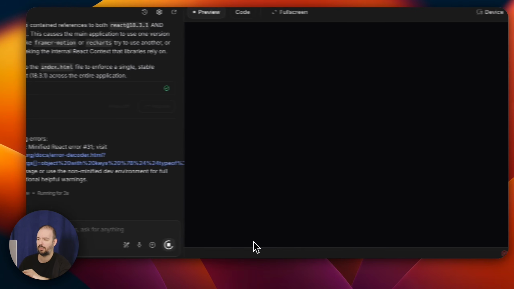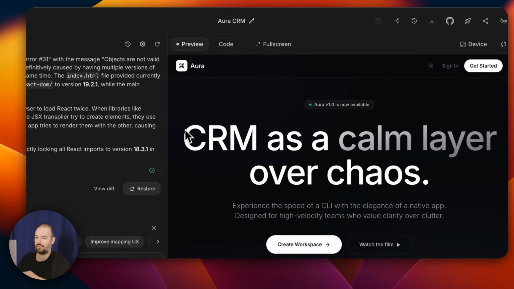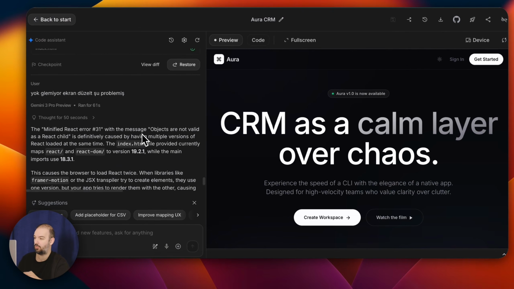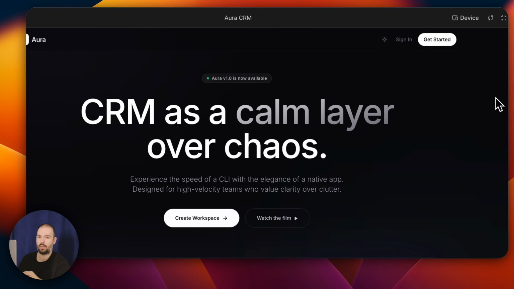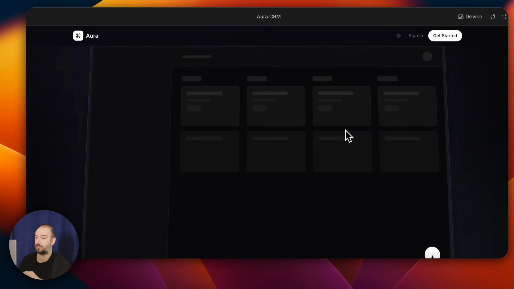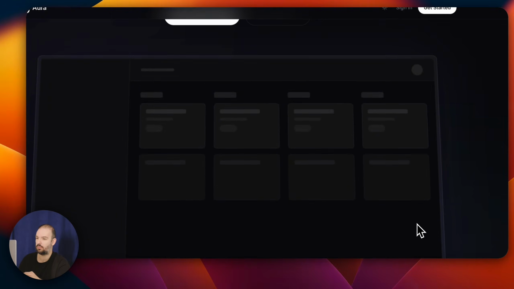It took a bit of effort, but it worked. I tried a few times. In the end, it solved it. Let's see how our landing page turned out. It looks pretty professional like this. It looks really nice and quite impressive, but just in case it absolutely didn't work out as planned, I had